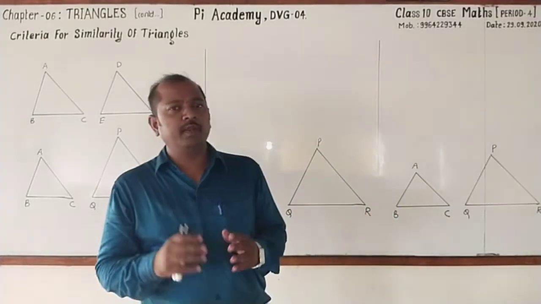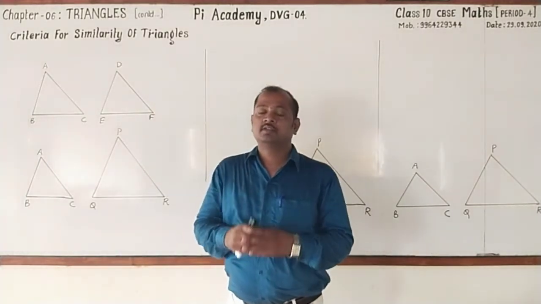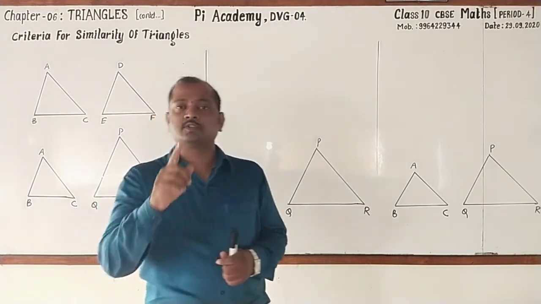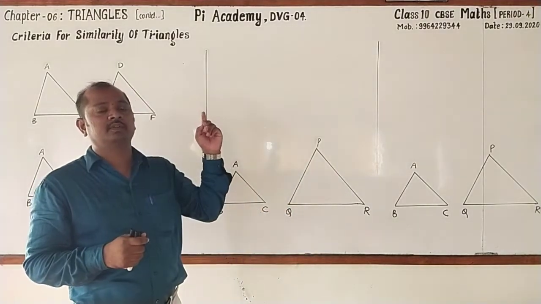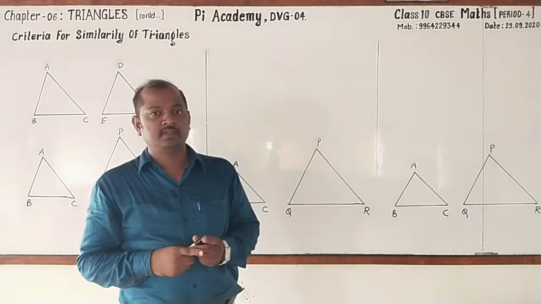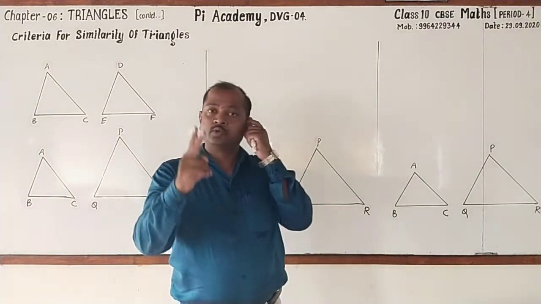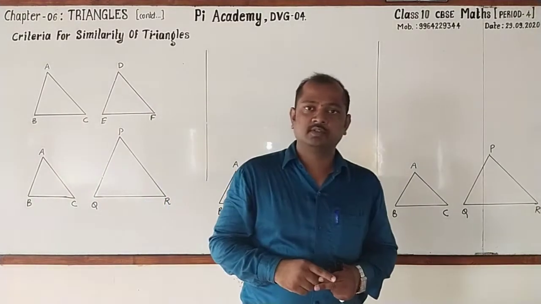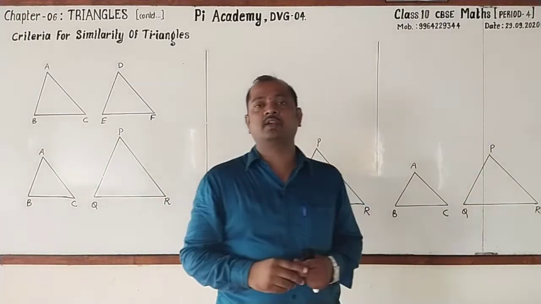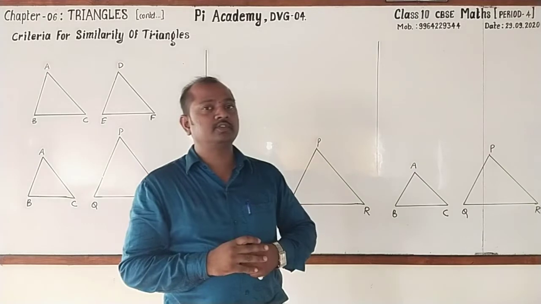Dear students, we are very familiar with one of the important concepts related to triangles that you have studied in 9th standard. Do you know what that is? It was also discussed in the first period of this chapter. Yes, you are right. It is congruency of triangles. Then can you recall the definition of congruent triangles? Yes, two triangles are said to be congruent if and only if three sides and three angles of one triangle are equal to the corresponding three sides and three angles of another triangle.